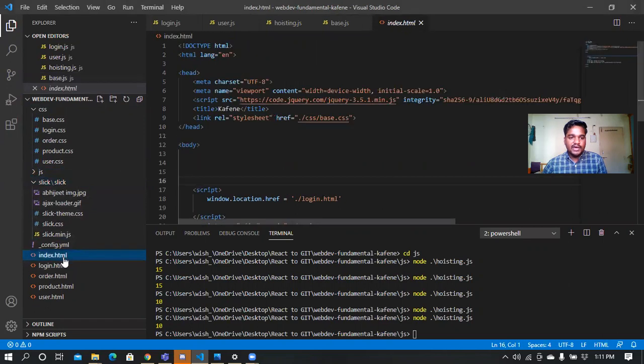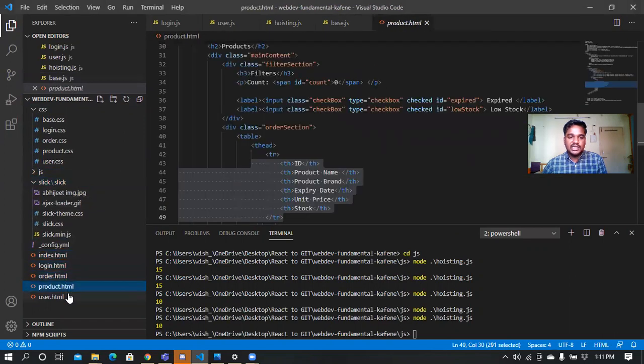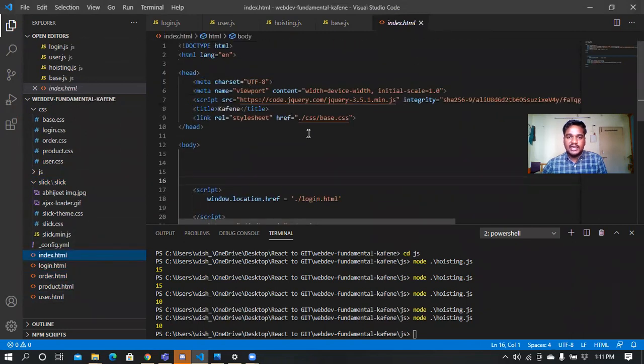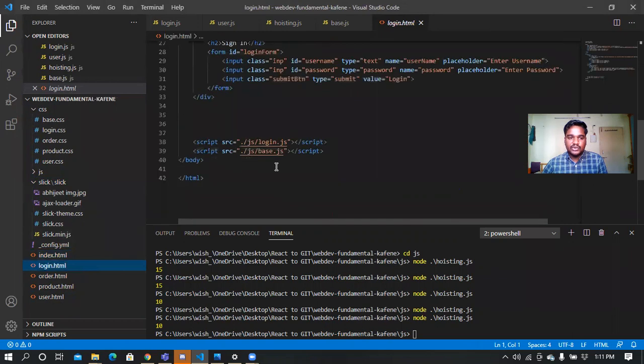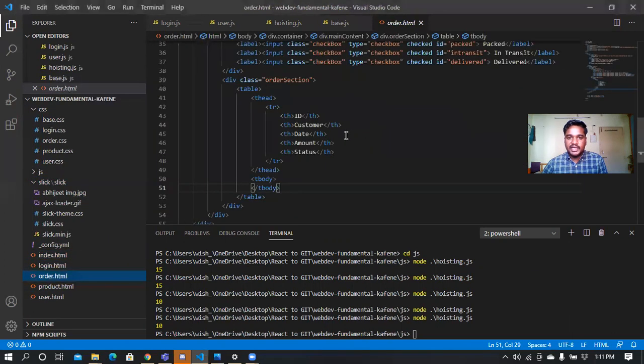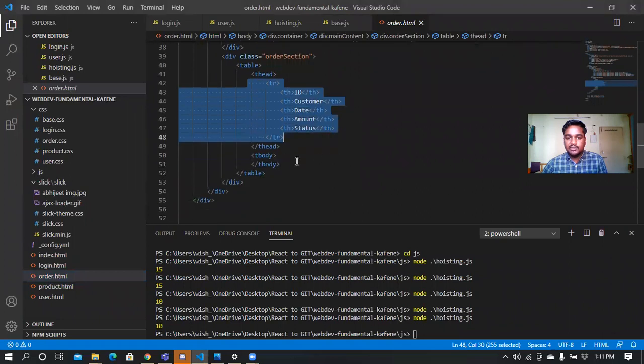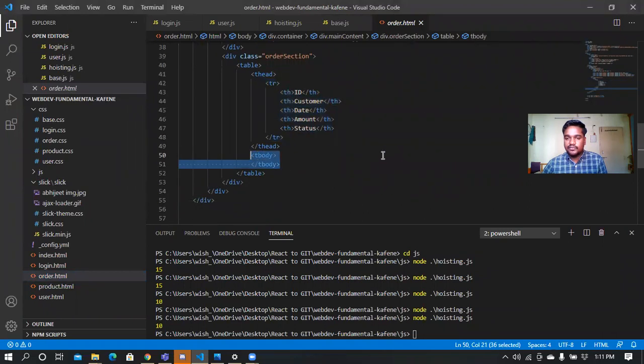In the HTML files, I have given just the static schema. As you can see, there is no detailed dynamic data present here. For the order HTML page, you can just see the table heading. You cannot see the table body content of the web page.